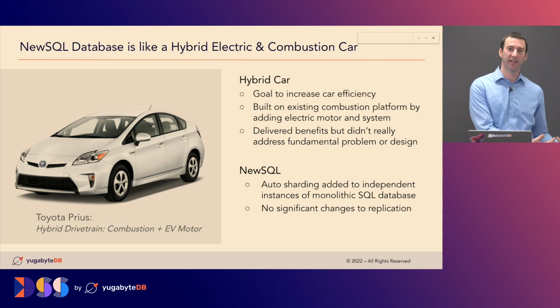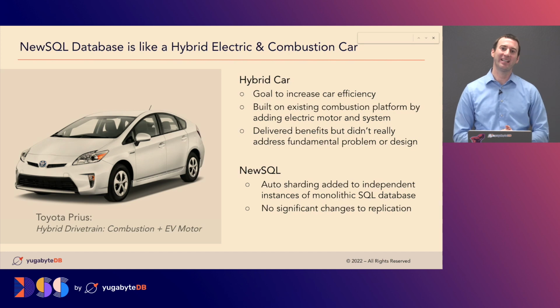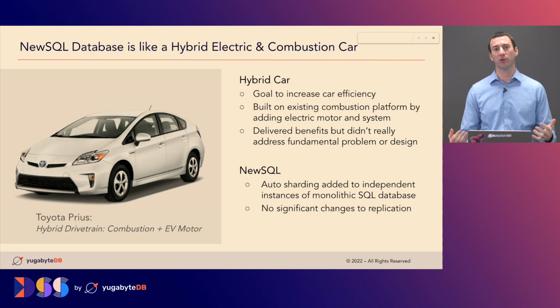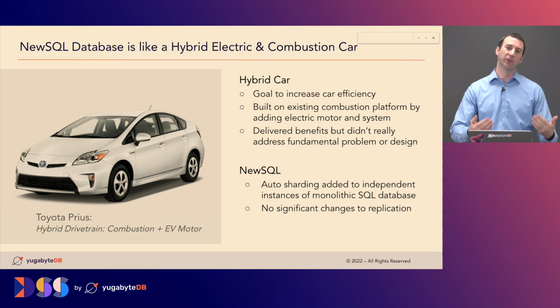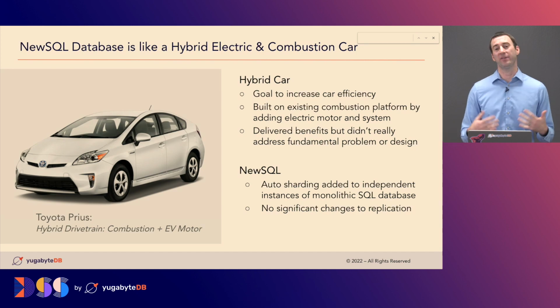If you look at NewSQL now, bringing it back to our topic at hand in databases, NewSQL took a very similar approach. We had things like Postgres and these core monolithic systems that worked really well. But as we got into this cloud world, they realized there was more and more of a need to scale that system. So NewSQL companies came on board and found a way to automate the sharding capabilities. So how do we provide some level of distributing this data automatically and relieve the developers, the teams, from having to do some of that scale? And it worked for those use cases.